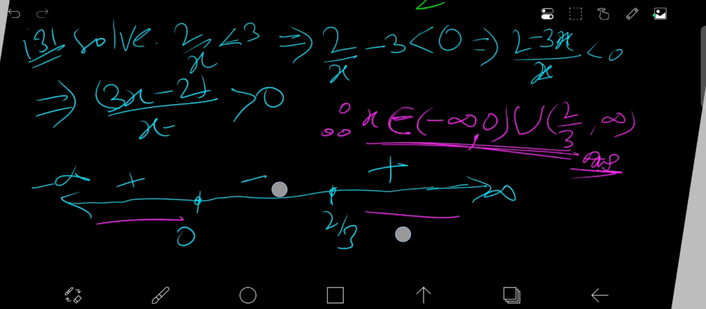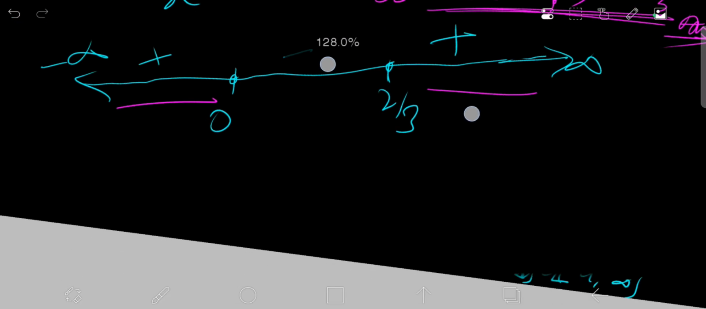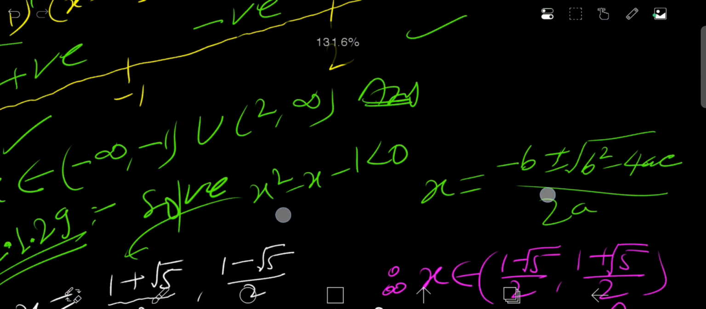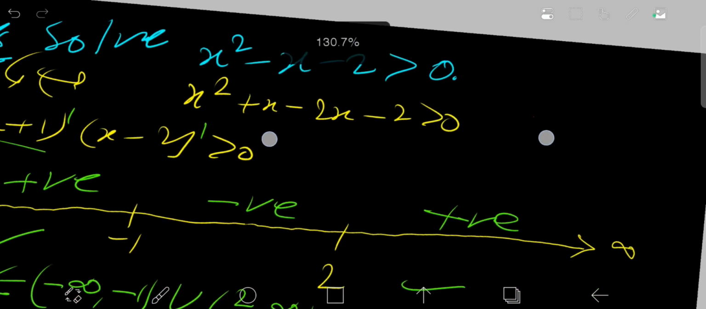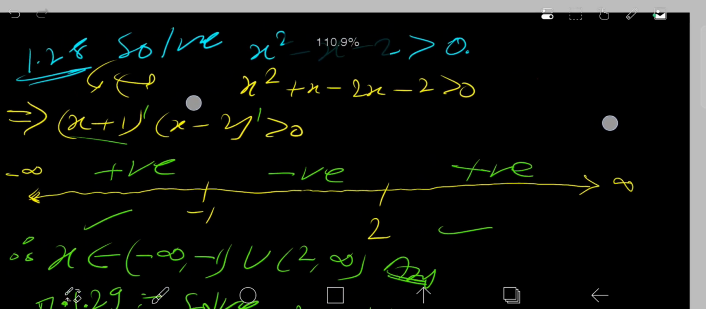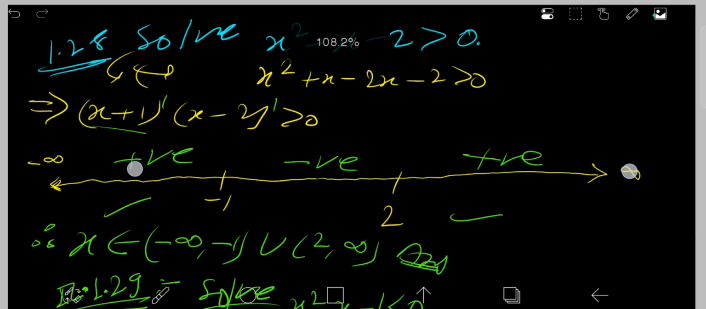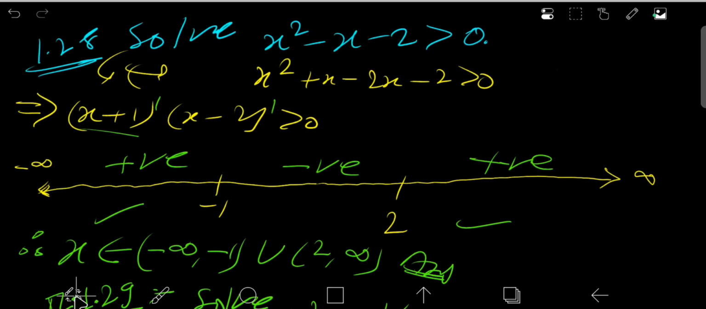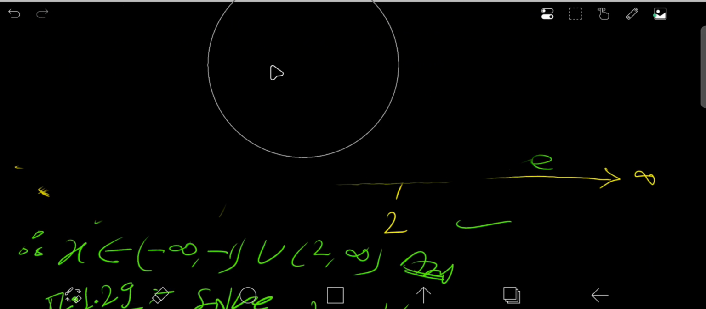Now we proceed to the next question. Question number 32. Firstly we erase this. Now we take question number 1.32, and the question asks you to solve